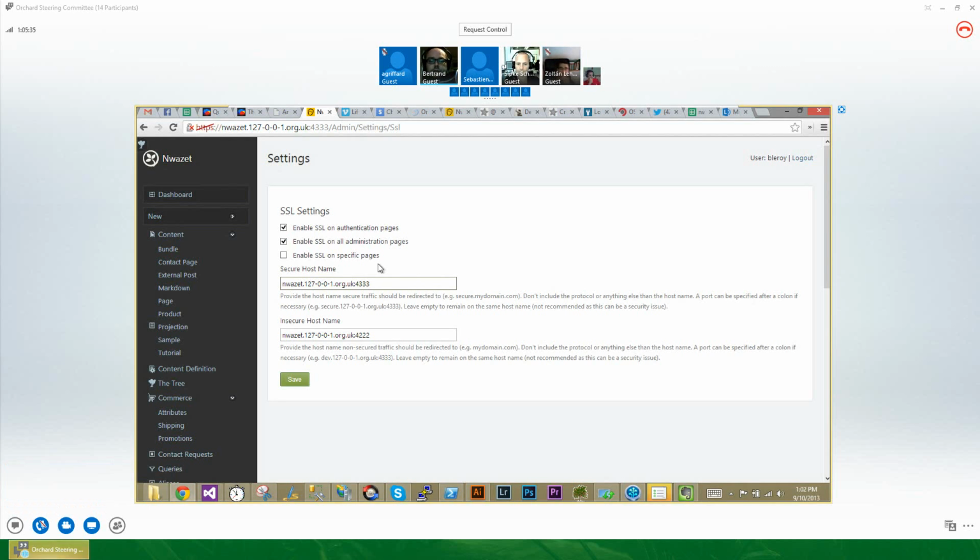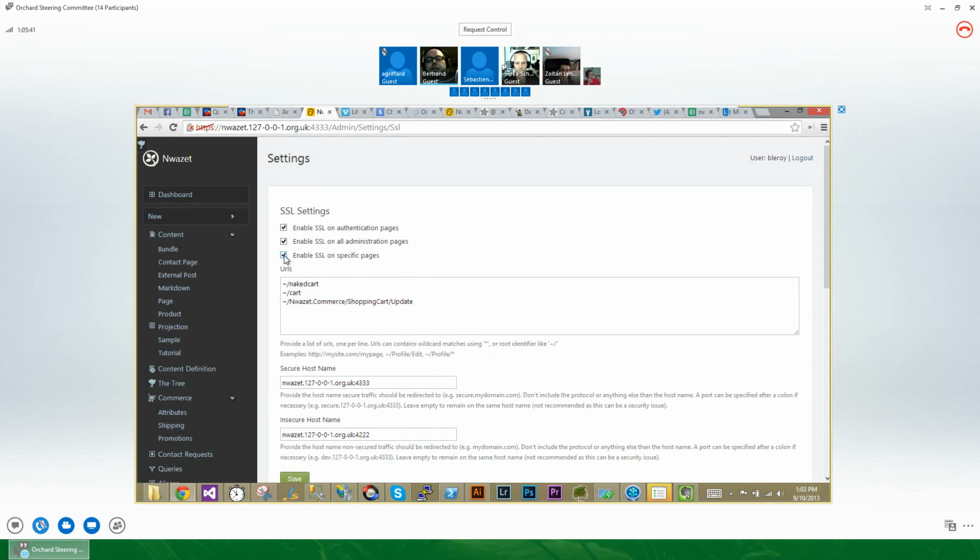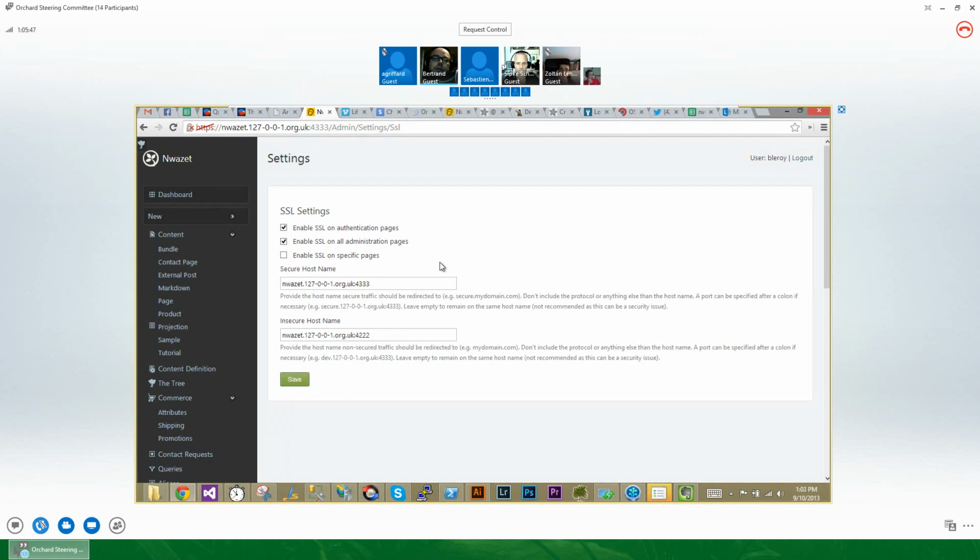So you have this setting. I don't know if we already had that. Do you remember, Sebastian? SSL on specific pages, where you can specify a number of specific URLs where you want to force SSL. I think that should actually be the only setting somehow. What enters the SSL mode? I think we can do better than that. I think it should always be on for authentication and administration pages if you have it configured, because those should really be protected. You should be able to add some specific pages, but another thing that I added is that you can actually in your